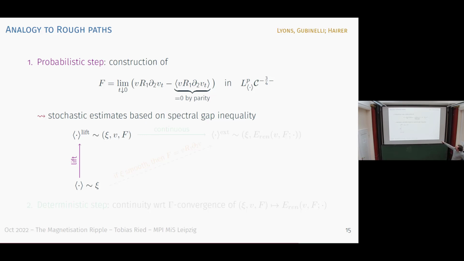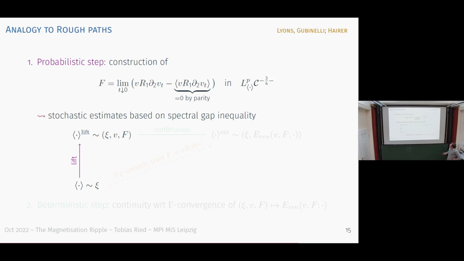We just smooth our V, subtract the dangerous constant, which is the expectation, but by parity we can show that this is actually 0, and show that at least in a probabilistic sense, so in L^p with respect to probability, but then in the Besov regularity class, which was -3/4 corresponding to this R1 D2 V term here, we can construct this limit as an object in L^p with respect to probability with that regularity,